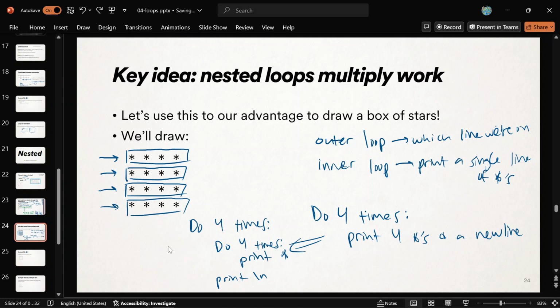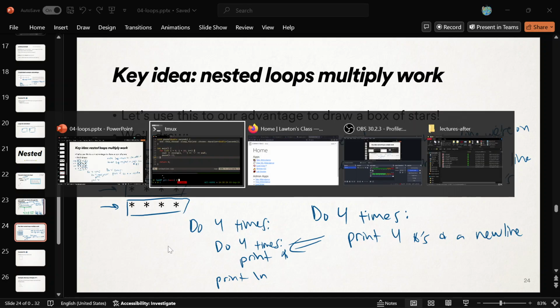Does anybody have any questions about that? Do you not see it? That is, if we could just do that, and then the nested loop kind of came out of nowhere. It makes sense, okay? All right, so let me code that up. So that'll just turn into a bunch of for loops that iterate 4 times.